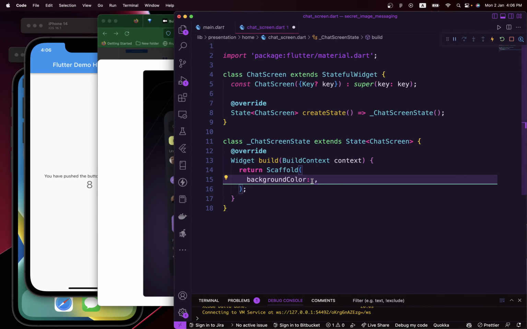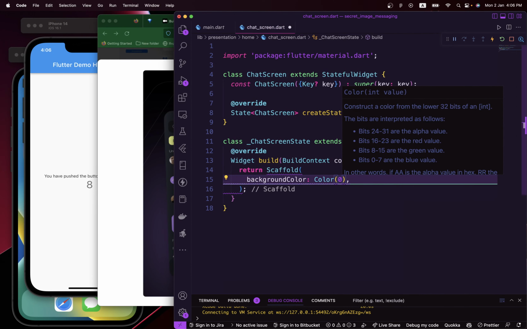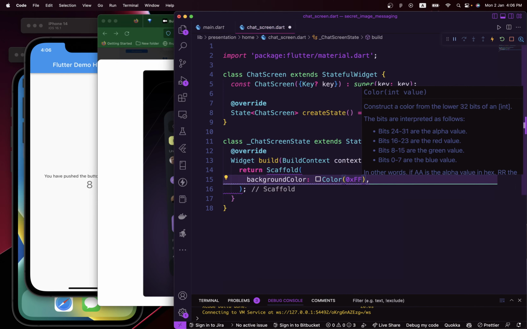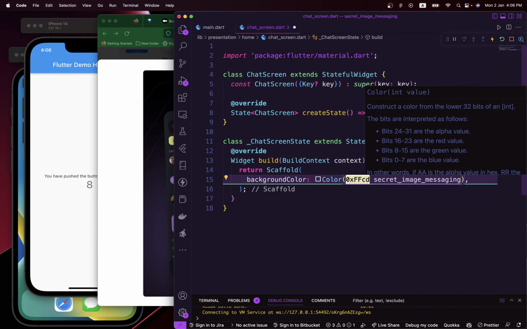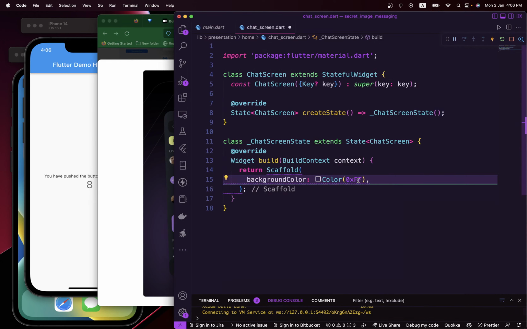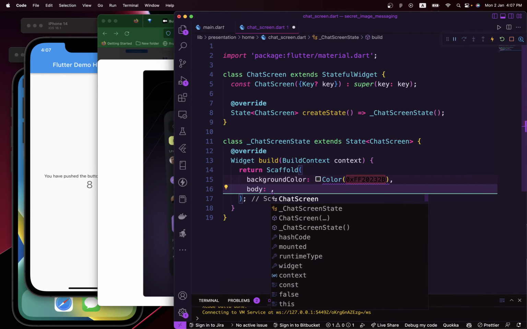Then in here, I'm going to create a color object, 0x, and then a double F for full opacity, and I'm going to pick okay. This didn't copy the color code for us. Just copy it and go back to our app and paste it right in here. There you go. And after that, I'm going to say the body should be